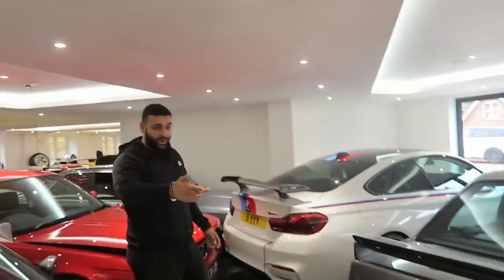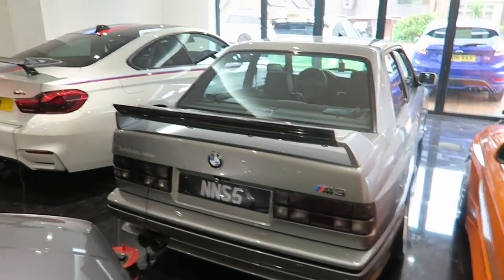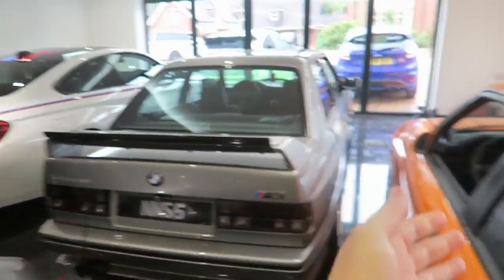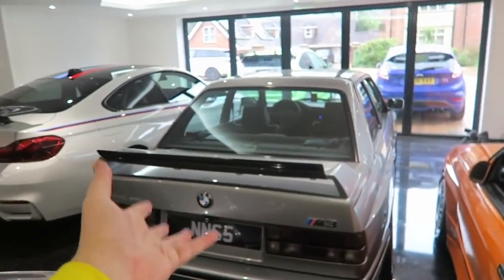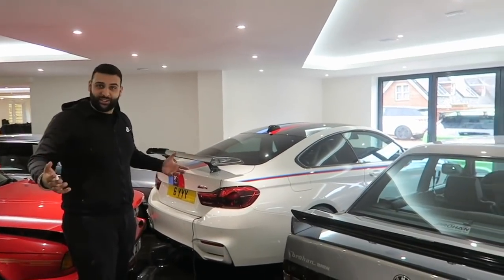I was 21 when I bought that car. As a 21-year-old who wants a car to go out in, this is what you'd have. Daryl's like 45. This is a 45-year-old's car, so there is the difference there of a 20-year-old and a 40-year-old buying. But because I've grown up on E30 Zone,